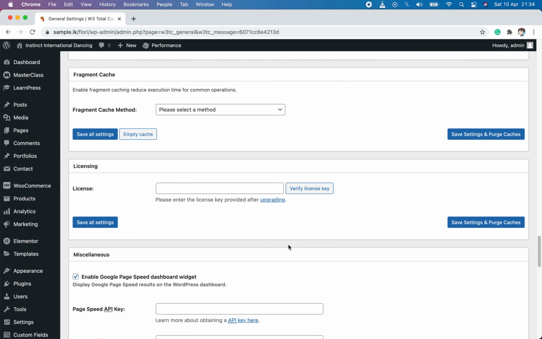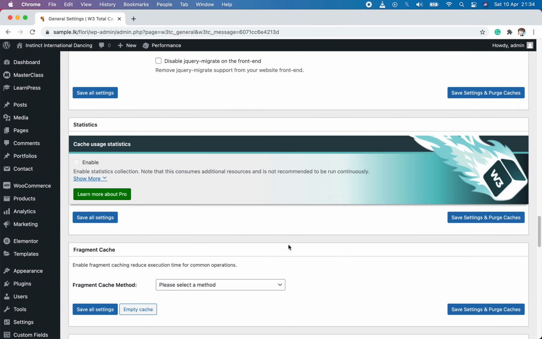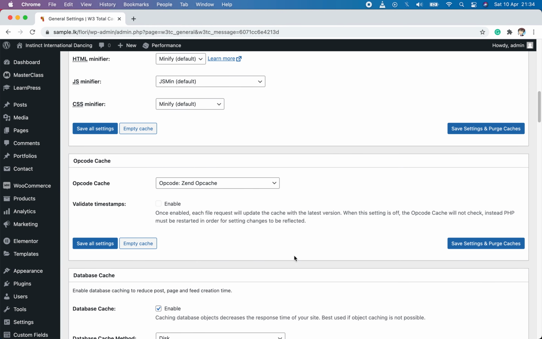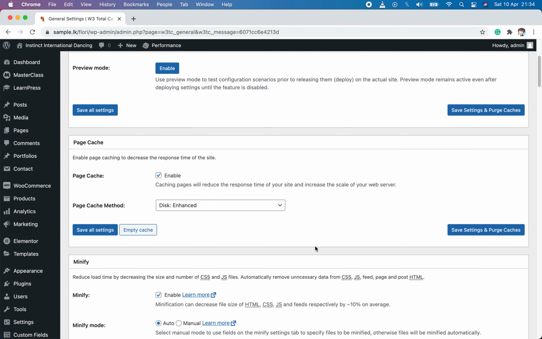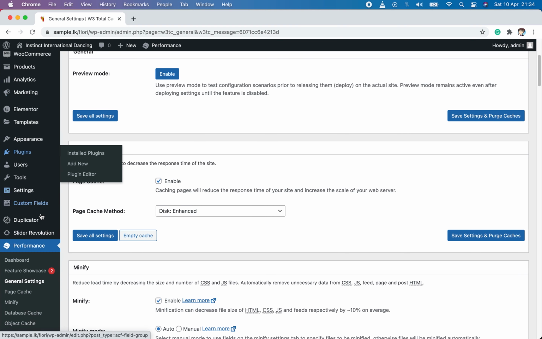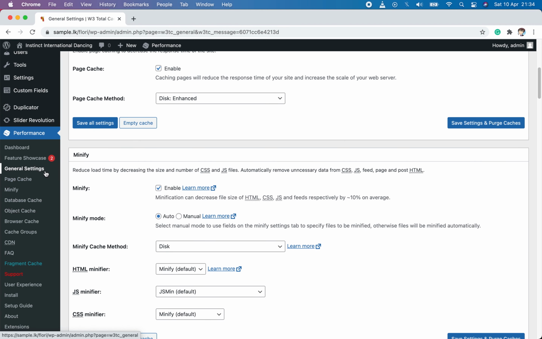This is how we do the basic configurations in W3 Total Cache. There are many more things you can do from W3 Cache. As an example, in Page Cache, we can individually cache pages or posts. Also, through Minify, we can decide on the minification options. And there are several caching options and other advanced options as well.